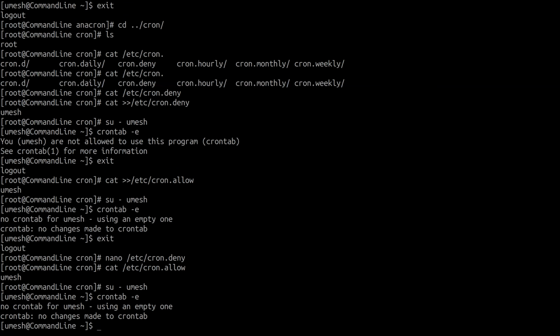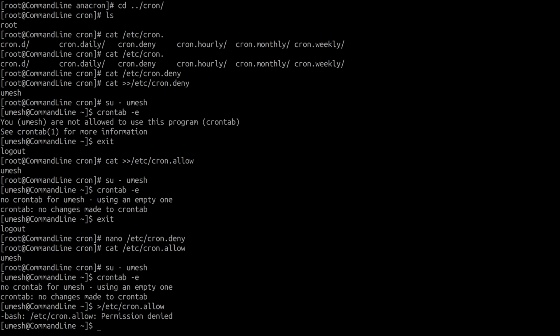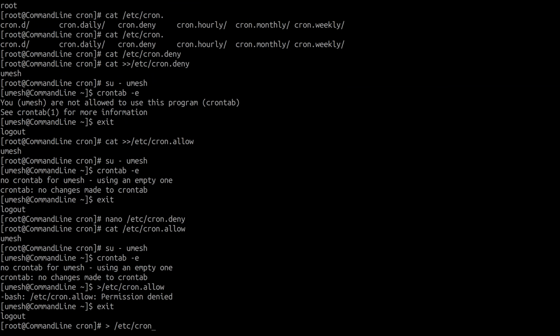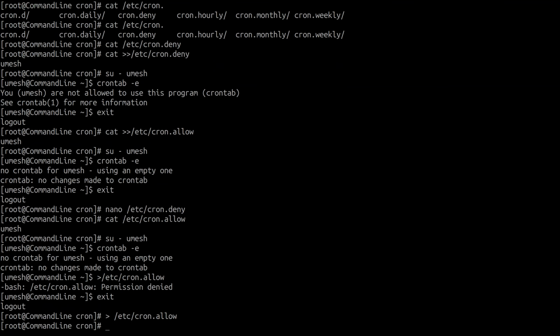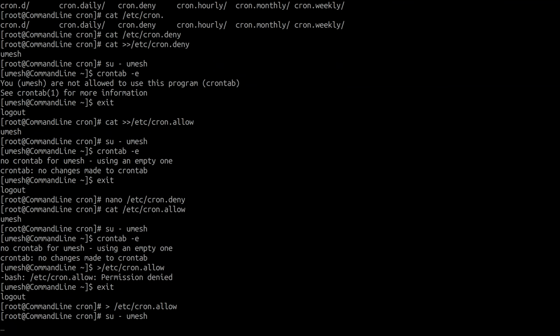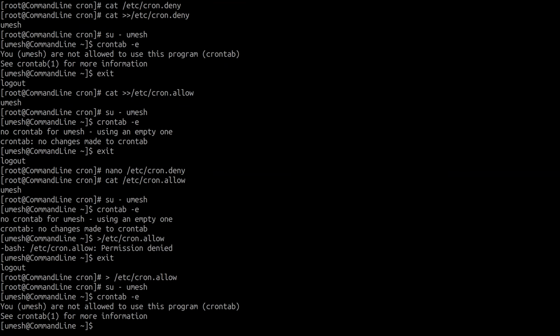And if I remove Umesh from there, now if I go to Umesh, I should not be allowed to use cron tab anymore because everyone is denied and there is no user inside the cron.allow file.